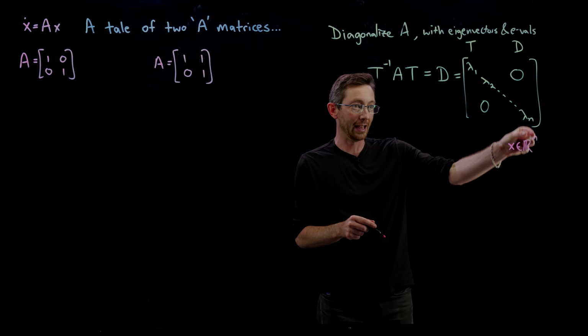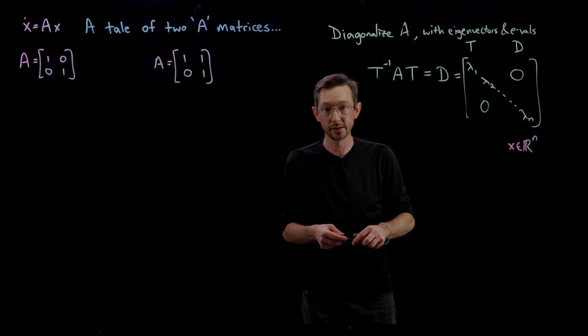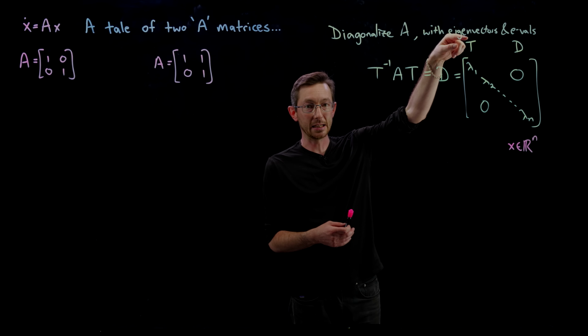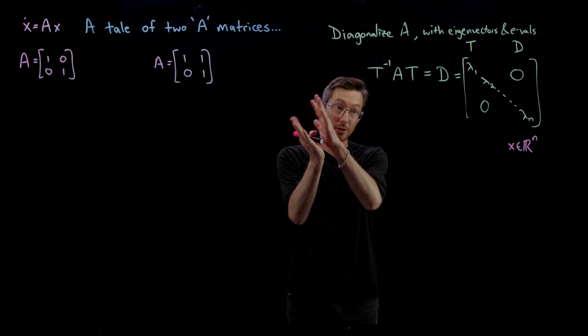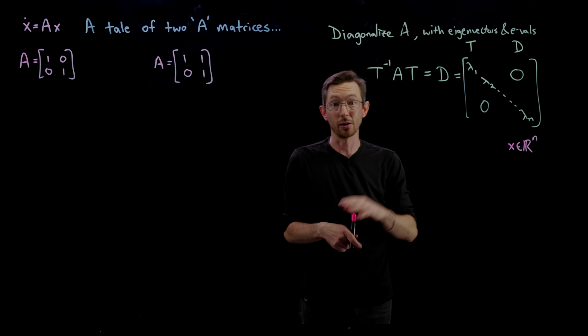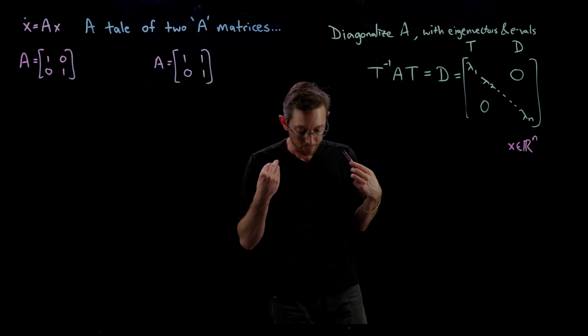This means it's an n-tuple of real numbers. It's a vector, okay? And this matrix T of eigenvectors, all of those directions, will span a basis for this n-dimensional vector space